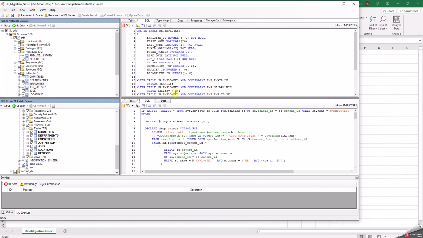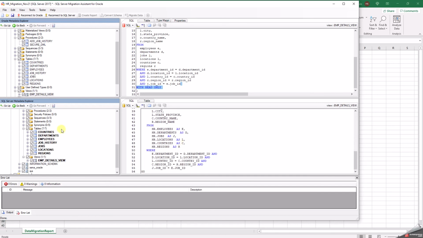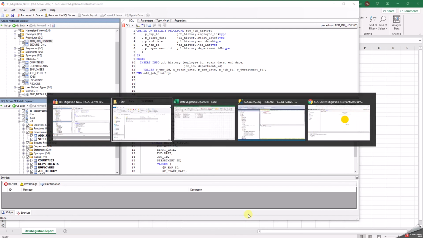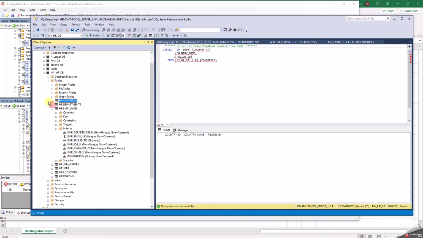So these are the SQL statements for creating the table. Let's look at the view, how it got created. So the view with read only did not get created. It gave me a warning with the read only, but the rest of the view definition has been created. Similarly, procedures got created. Okay. If I go into my Management Studio, I can look at the procedures.